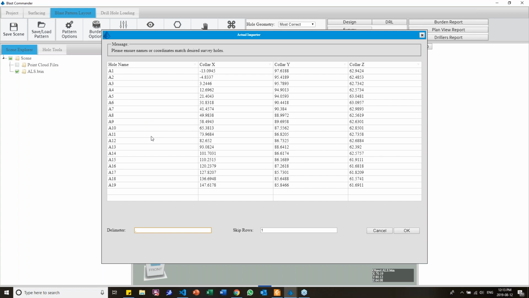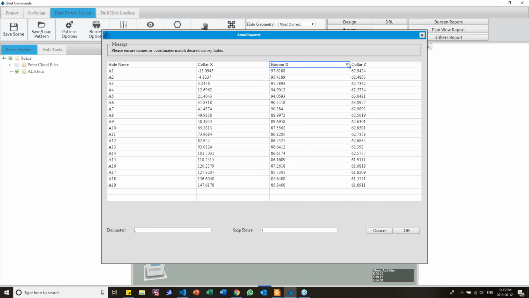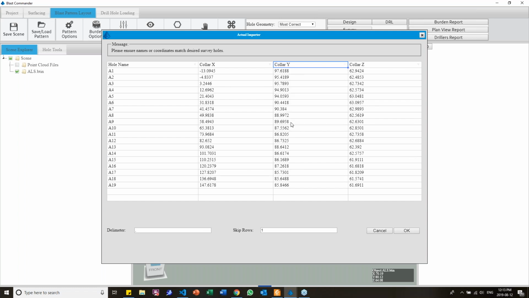Now, the reason why we export it first is that we could then open it in Excel or add more information to it. Under our column headers here, we have a number of different titles that we could choose from. So if we had the bottom of our holes, we could bring those in as well as our surveyed survey. Wow, I'm blanking on the name here. Yeah, so you can fill in extra fields with your dip or the azimuth or the length of your holes,